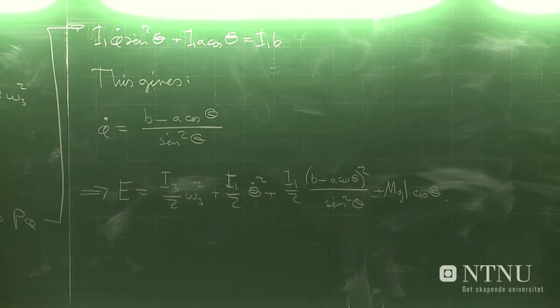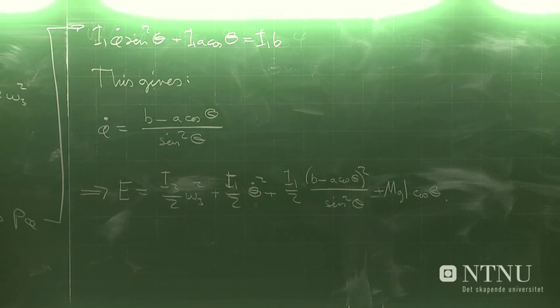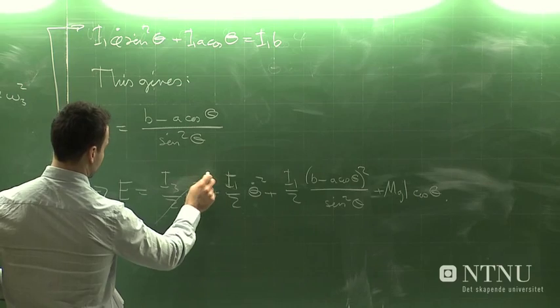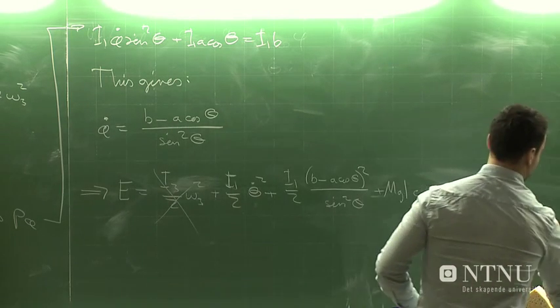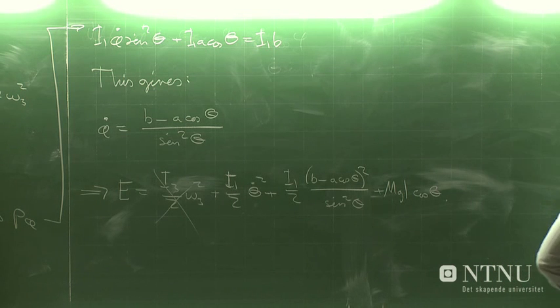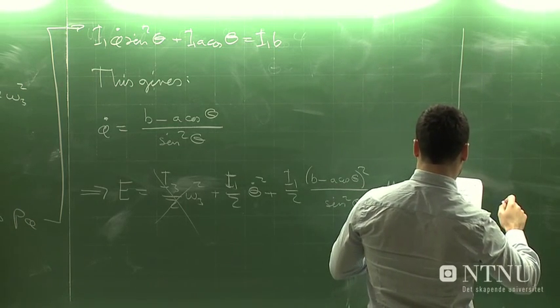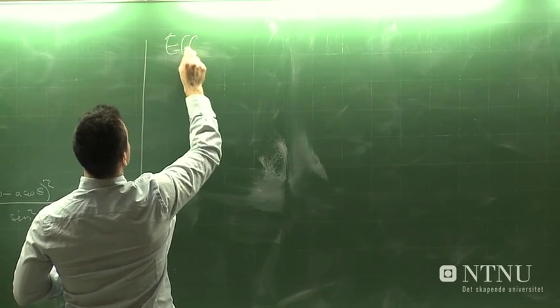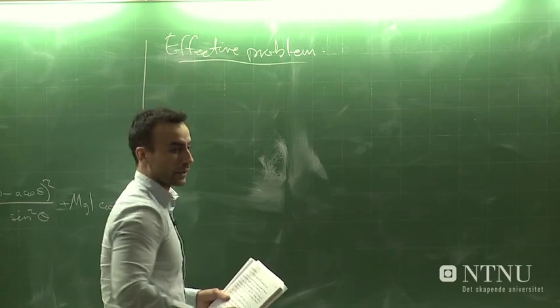We can do one more simplification with this energy. We see we have a constant term here. And a constant term corresponds to a shift in the potential reference level. So we can just skip this, redefining our potential minimum level. So the effective problem we are left with